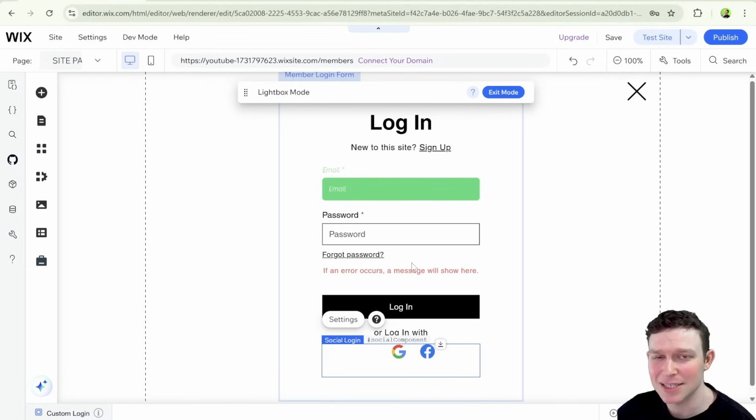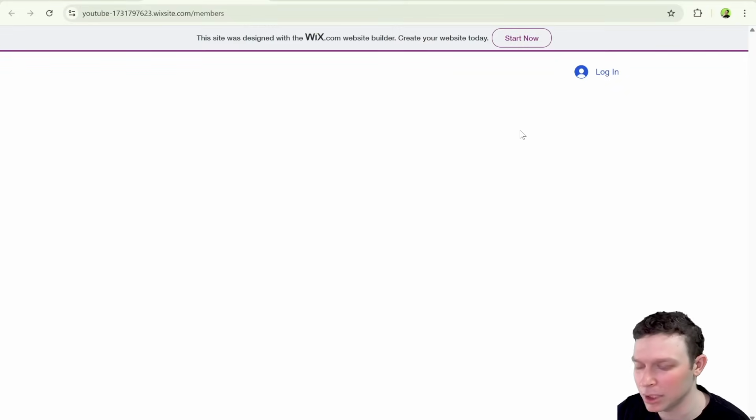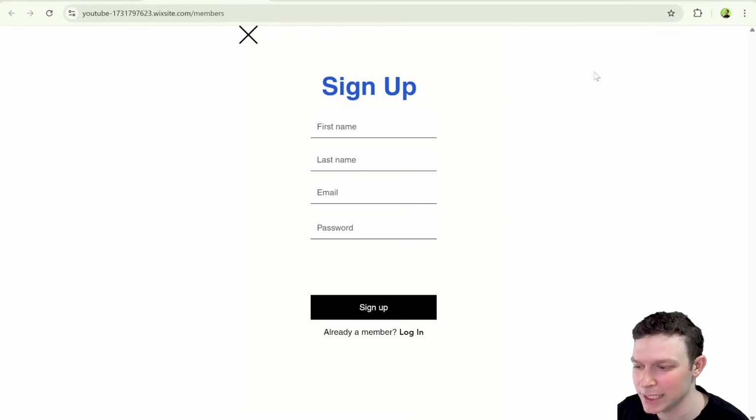publish our site and see now what happens when we click that login widget on the upper right. Here we are back on the live site, and I'm going to give this login button a click. Once I do that, you can see that we are now taken to our custom signup form. Again, you can set if you want to show sign up first or login first, but Wix now